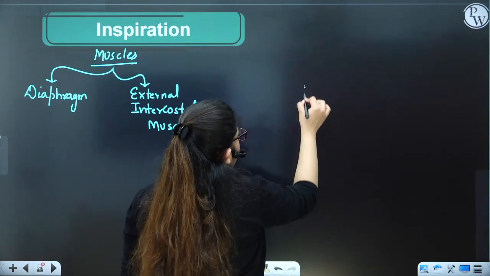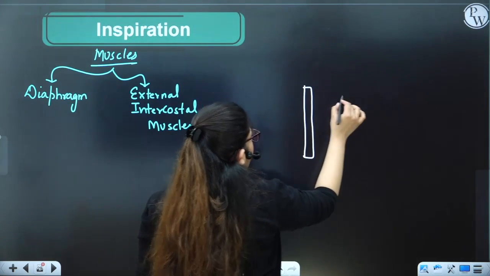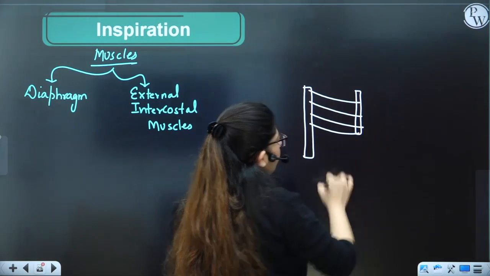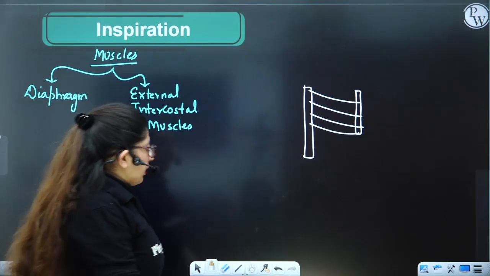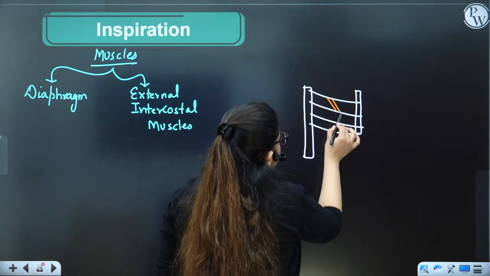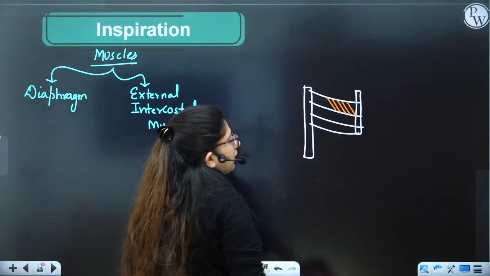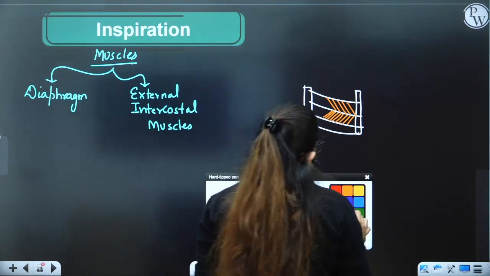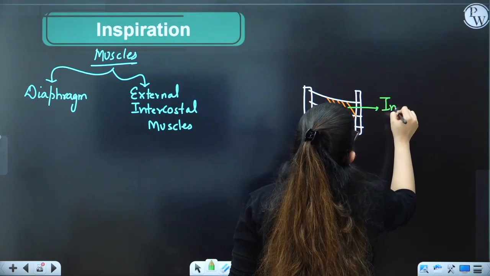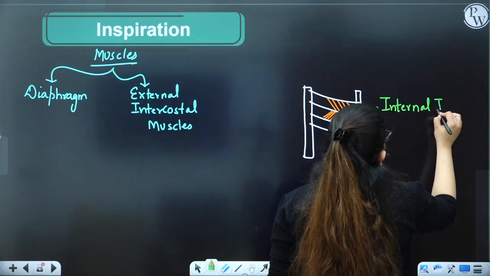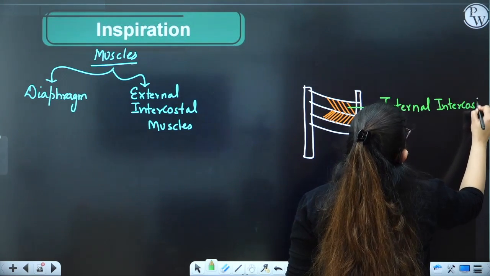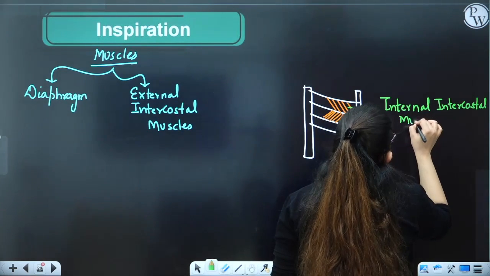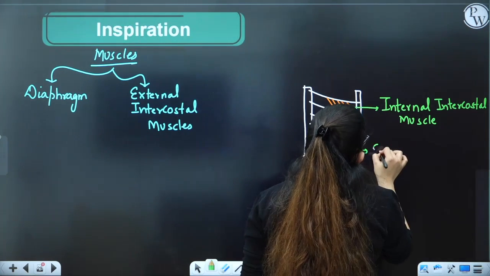Your rib cage is made by the thoracic vertebrae, your sternum, and the ribs, and this is how your rib cage is formed. We have already discussed it in the previous topic. In between the ribs are two sets of muscle. One is present internally and another externally. The ones present internally are known as the internal intercostal muscles. Why do you call it intercostal? Intercostal is a space between the ribs, right? So it's the internal intercostal muscle. And then we have the muscle which is the external intercostal.